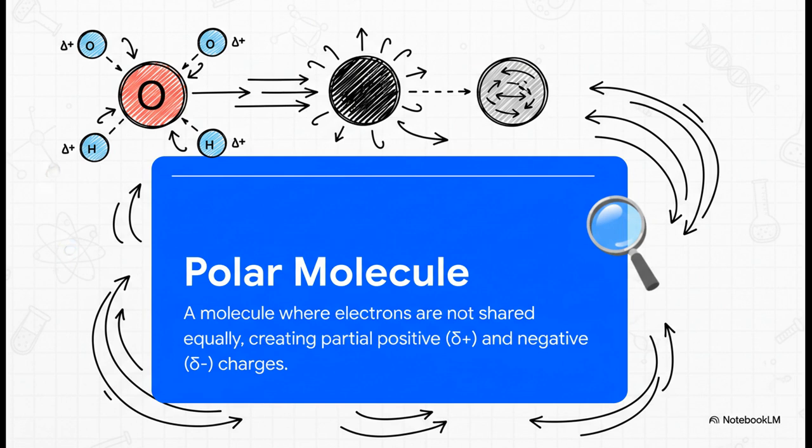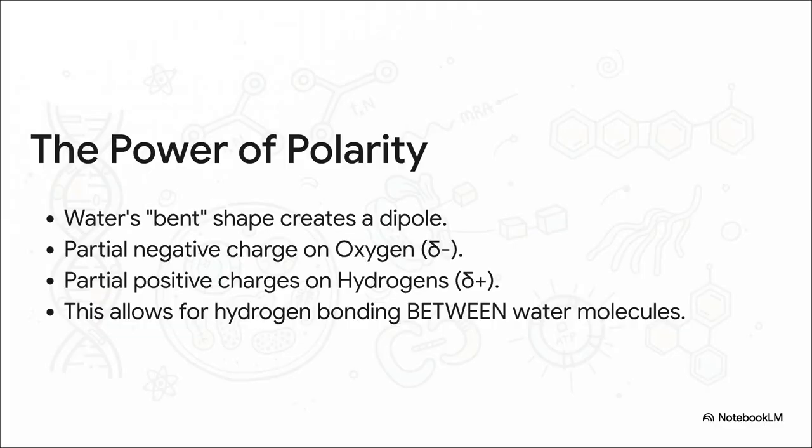The oxygen atom in water is, let's just say, a bit of an electron hog. It pulls the shared electrons from the hydrogens closer to itself, which creates this slight negative charge on the oxygen side and leaves the hydrogen side slightly positive. Because of that polarity and its unique bent shape, each water molecule basically acts like a tiny, weak magnet. The positive end of one molecule is attracted to the negative end of another. That little attraction is called a hydrogen bond. And when you have trillions of these bonds forming a massive network, well, that's what gives water all its incredible, life-supporting properties. It's the perfect solvent.